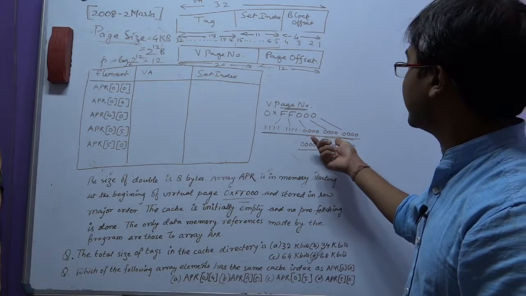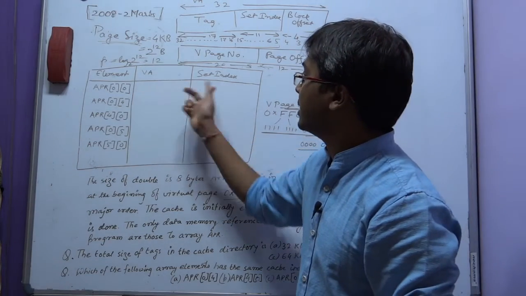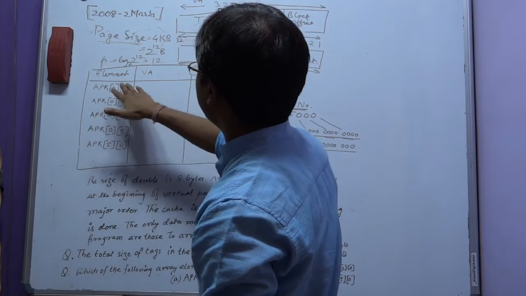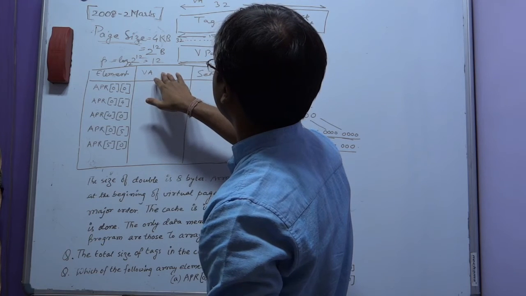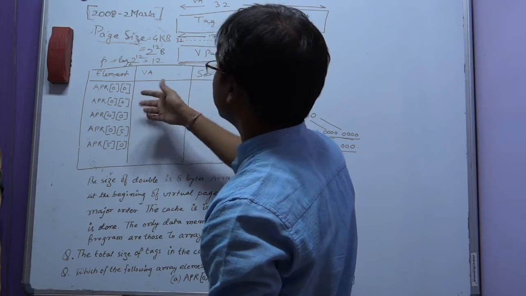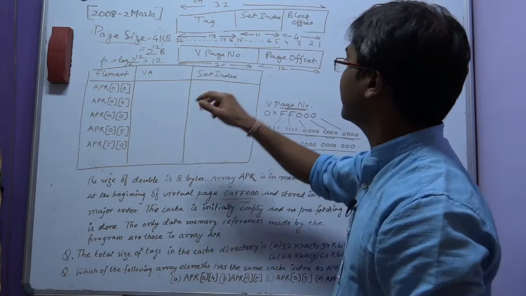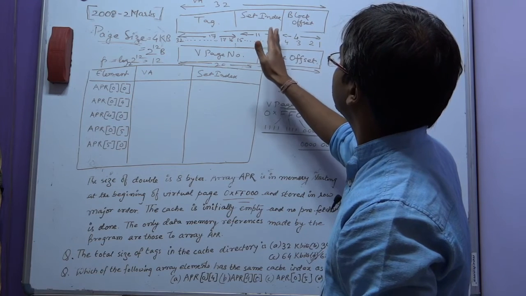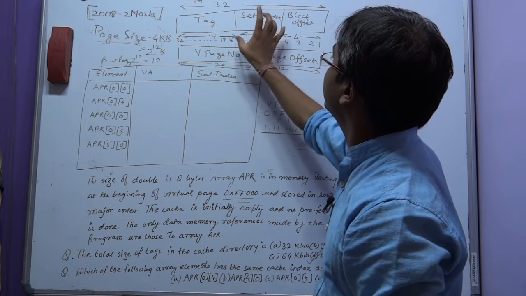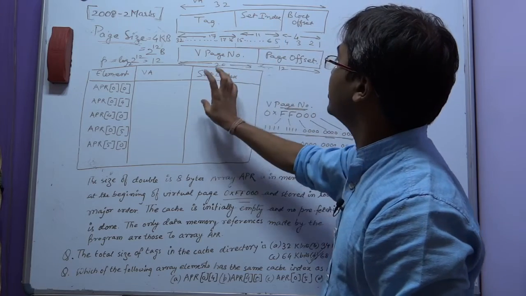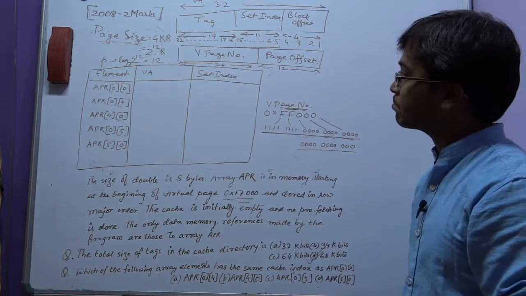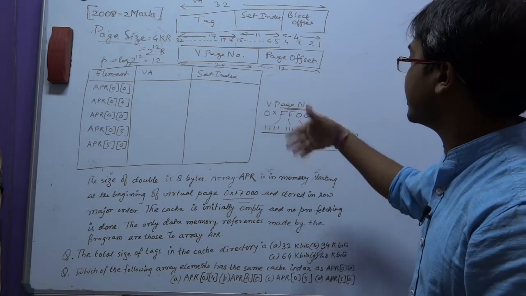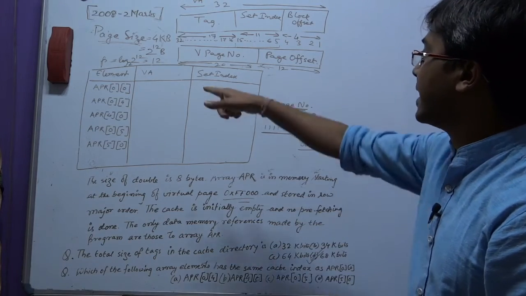So let us now write this down in this field. This is a table that I have drawn, in which the first column is the element of the array, and the next column is the virtual address. We would write it in hexadecimal so that it would fit in, and then from the virtual address we can find out the 5th bit all the way up to the 15th bit part of the virtual address, and that would be the set index of the element, right? So the virtual address of APR00 is this. Now let us convert it into hexadecimal and write it here.